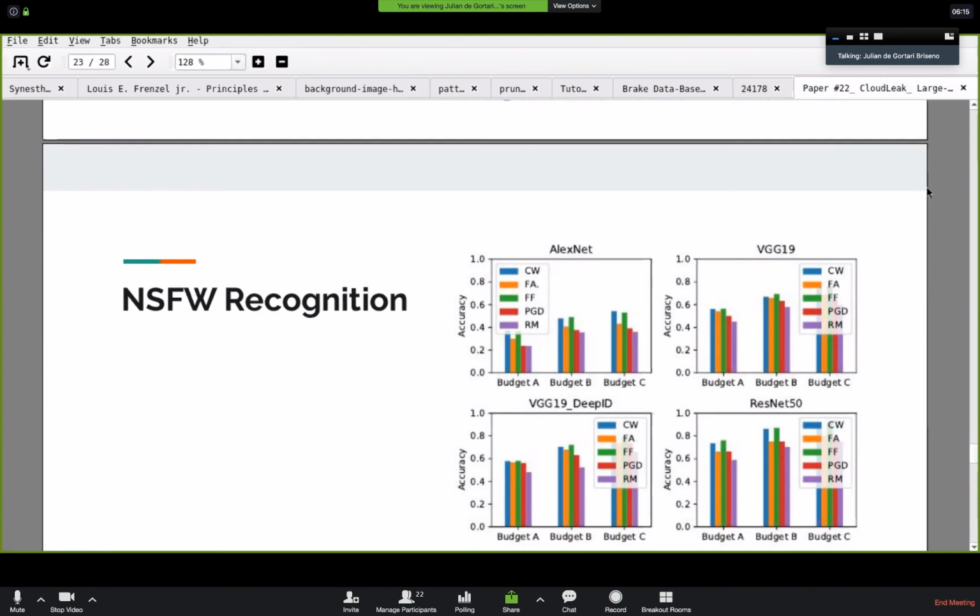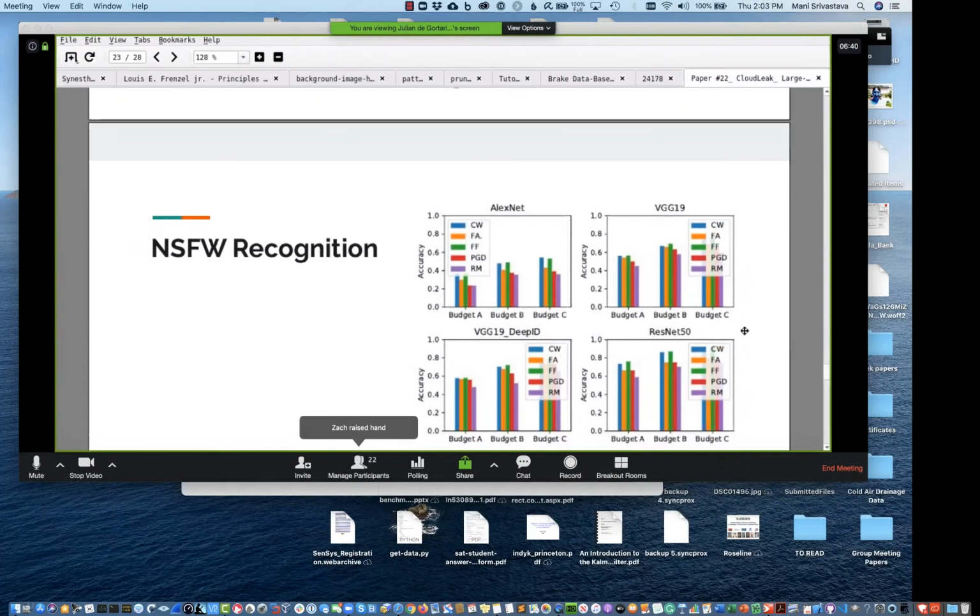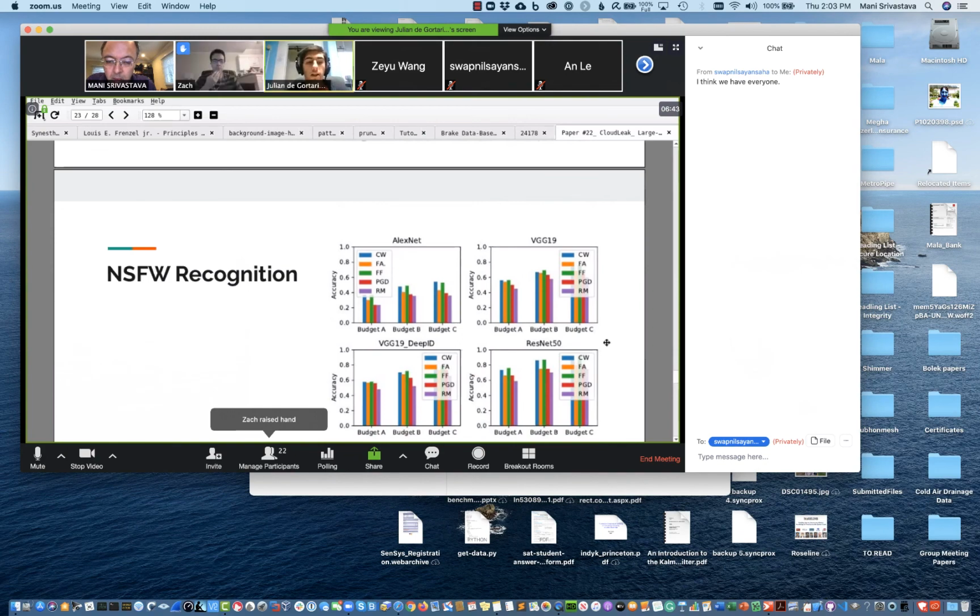So, a brief introduction. Deep neural networks have become the most common architecture in machine learning. But the problem is they depend on huge amounts of data and computing power. That's the reason why some cloud-based solutions have appeared that deal with this problem, under the name of machine learning as a service,